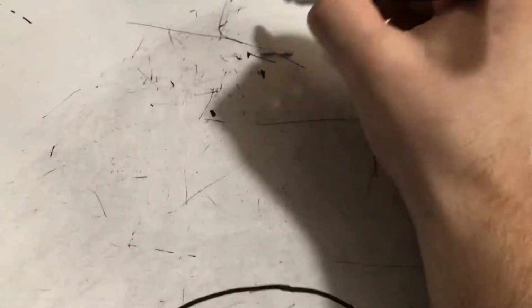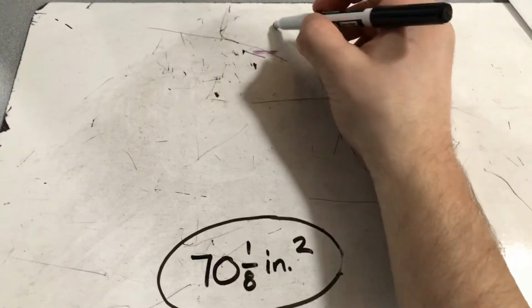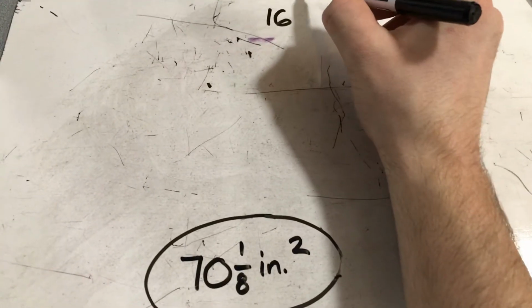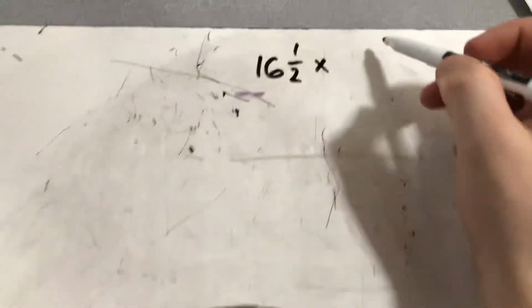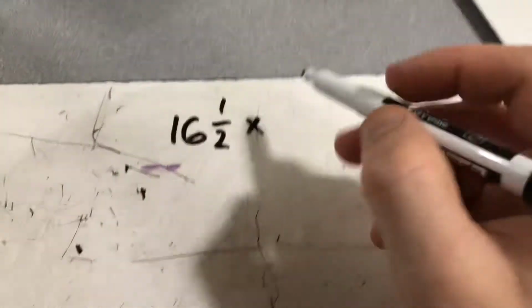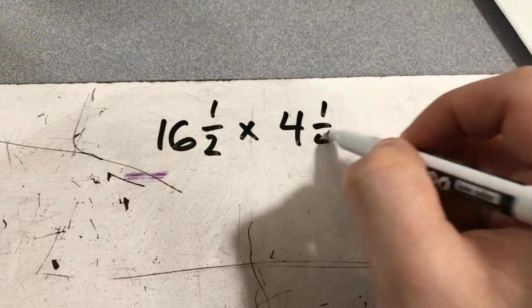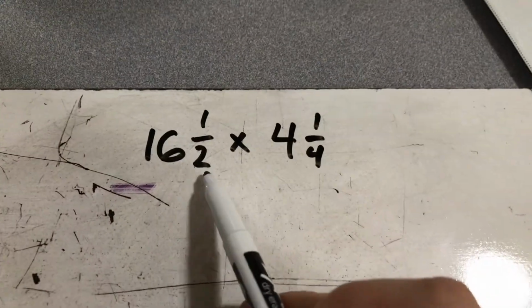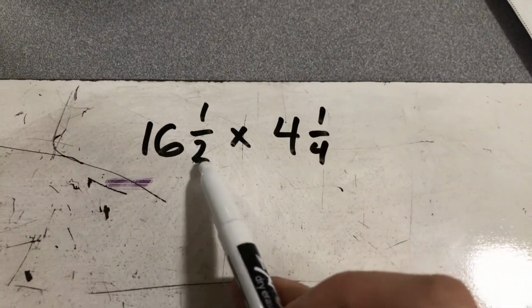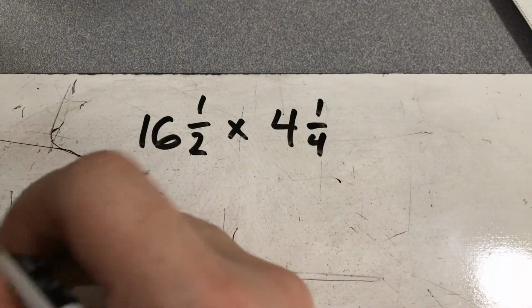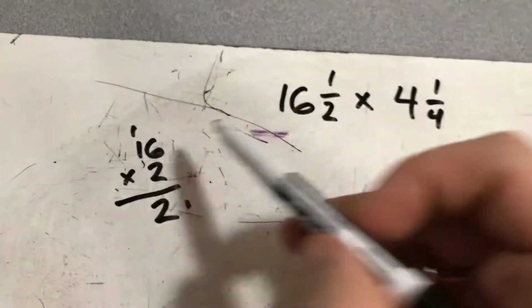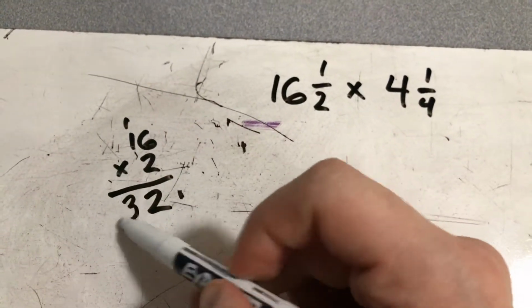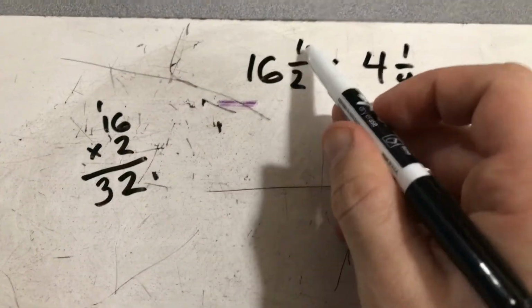Here we go. I'm going to write it. I'm going to leave the answer just to show you that we will end up arriving there. So we're going to have 16.5 times, let's see here, 4 1/4. Change to improper fractions. 2 times 16. Some of you could probably do that mentally in your head, but just to be on the safe side, solve the standard algorithm. You get 32 plus the 1,